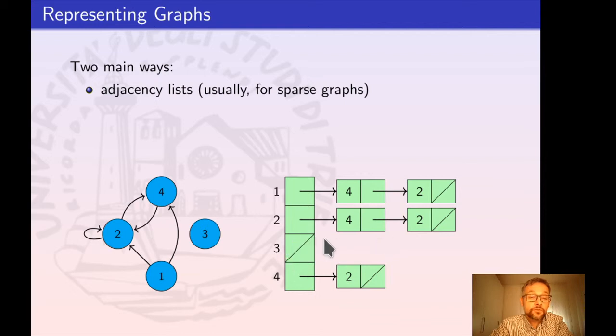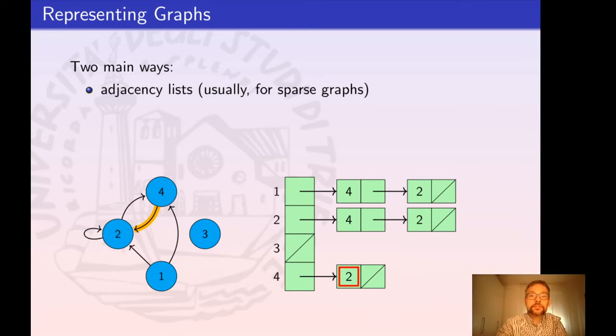The list of nodes reachable from 3 by crossing an edge is empty. Okay. And finally, of course, we have the node number 4, which has one single edge moving from it reaching 2, and this is represented by this list. Okay, so this is a quite straightforward representation for graphs,